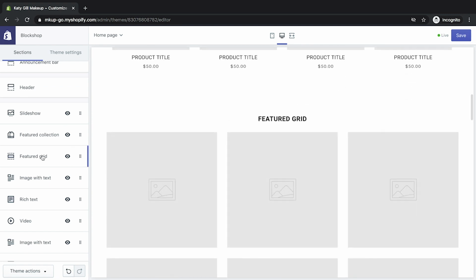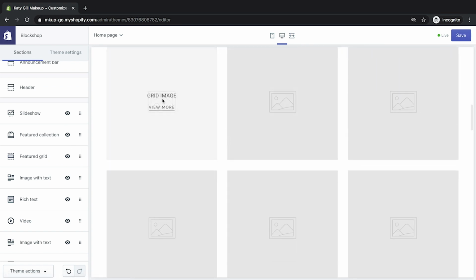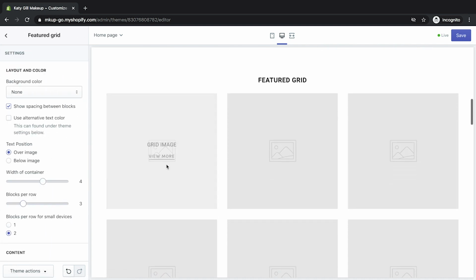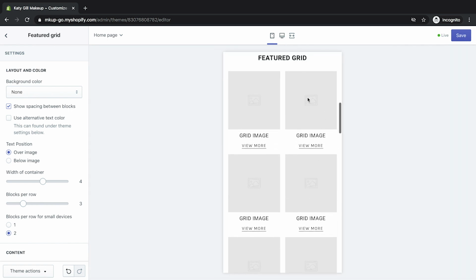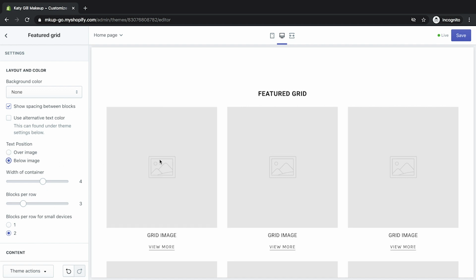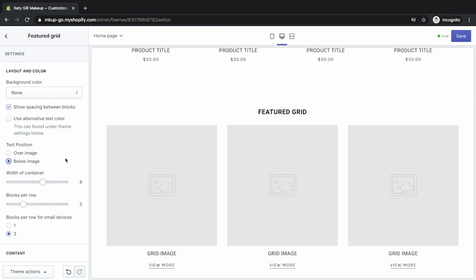Great, so that's gone. Featured grid, what we'll do is the landing pages that Katie has, we'll put it on there. But on this one, as you can see, there's a hover state on here. One of the things that you want to check is have a look at it on mobile. And it's important that there's no hover states, I think, because you have to have a mouse to have a hover, which means on mobile, where there is no mouse, you can't see the hover state. But sometimes that goes for desktops because people use tablets now for their main desktop browsing, or you've got the Windows laptops which have touchscreens. You won't be able to see this. So I always think it's really important to make sure text is always available. Great, so we'll use that.